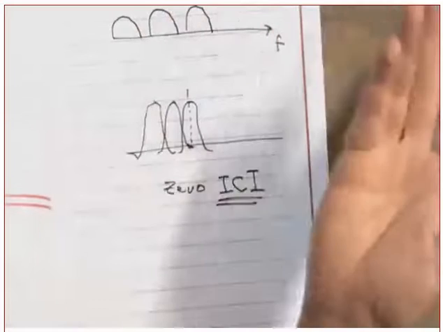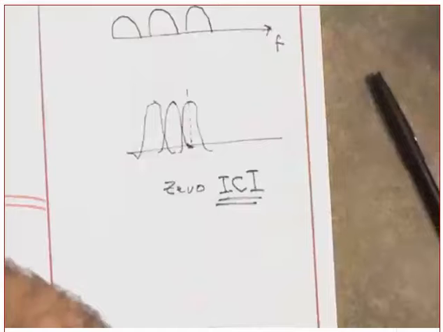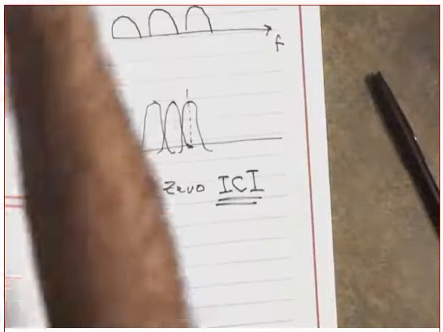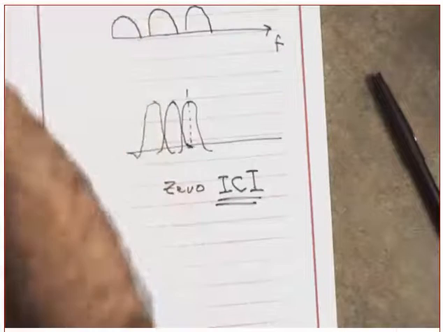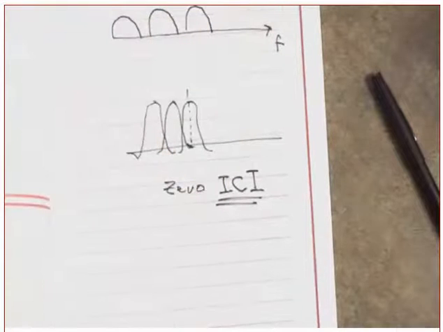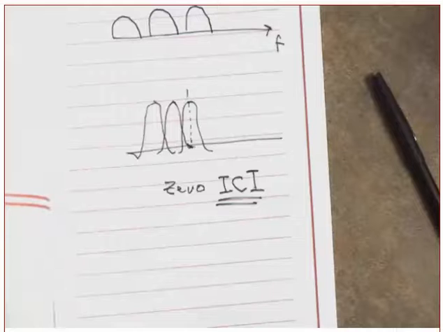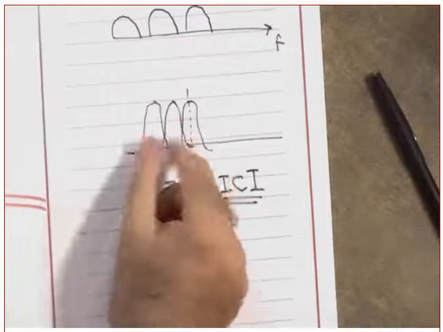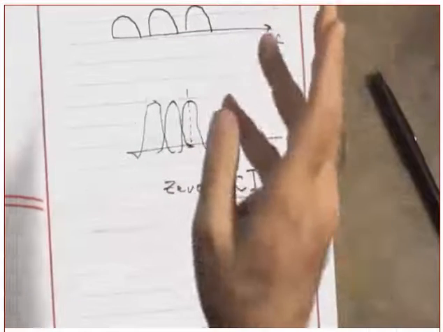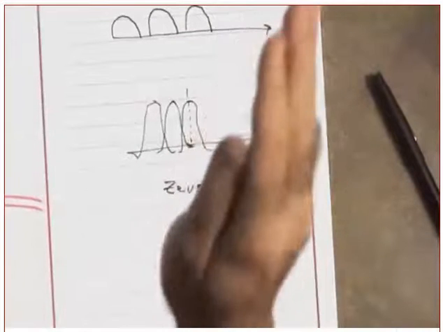Why will this one not work? This one requires larger bandwidth. The whole idea is that the problem was caused because I don't have large bandwidth. Did you get my point? The whole idea, they said, is to let the channels overlap with each other. I don't care. But the problem is that